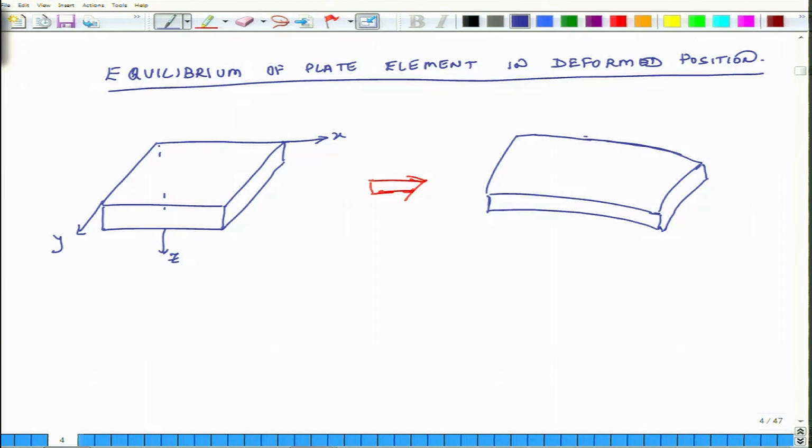This plate is seeing some external loads, it is seeing nx, ny, nxy, and because of it, it is deforming. Okay. Now, my x coordinate is still with respect to our original system. So, this is y and the z is the vertical direction. Now, in this deformed position,